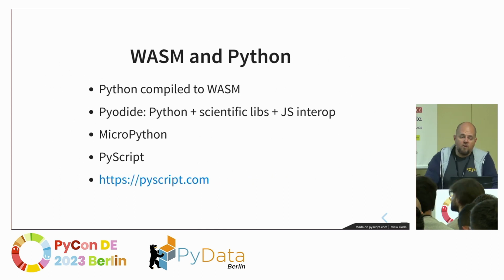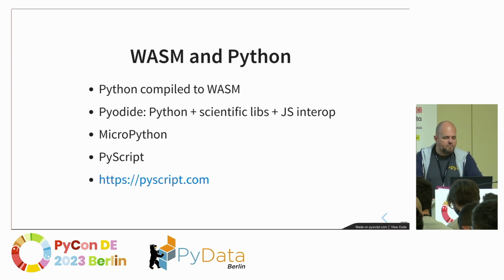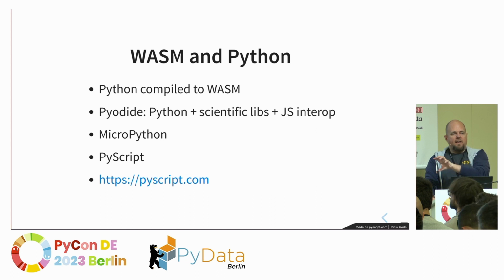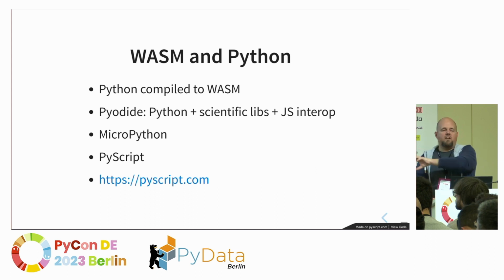Since we are at a Python conference, what is the relationship between WASM and Python? You can compile Python to WASM, which means that Python is written in C, it's an interpreter. You can compile the Python interpreter to WASM, and then run your Python code in a virtual machine, which runs inside WASM. So you have a virtual machine on top of another virtual machine. You can take vanilla CPython and compile it to WASM, and it works, but you don't have access to the browser, for example, because it's just WASM.